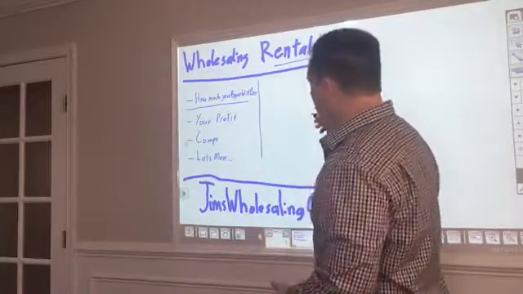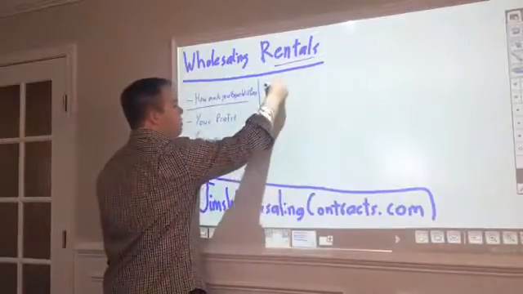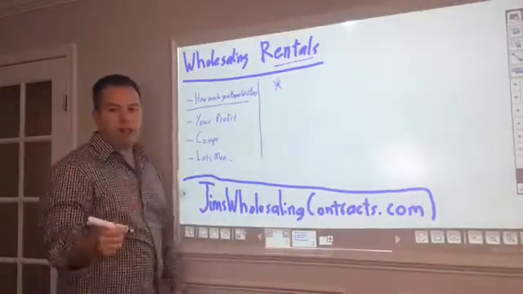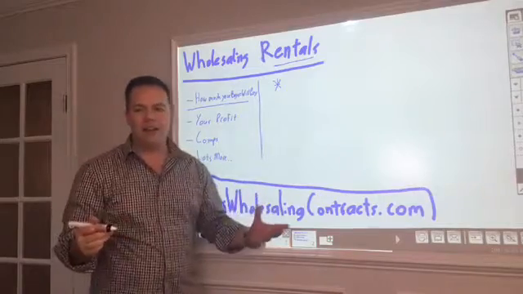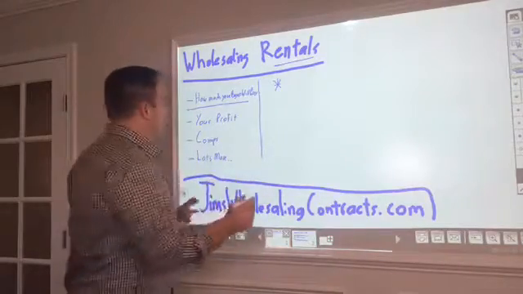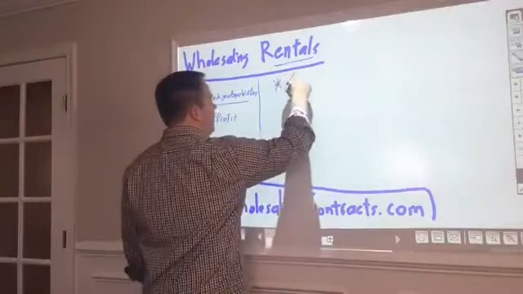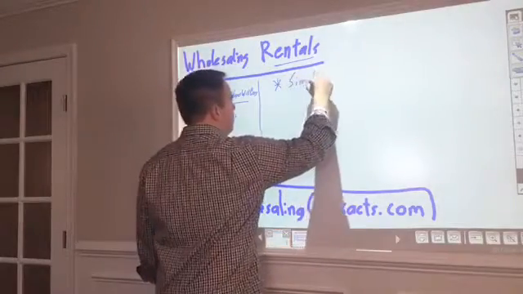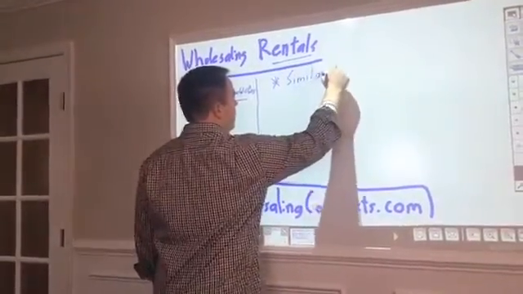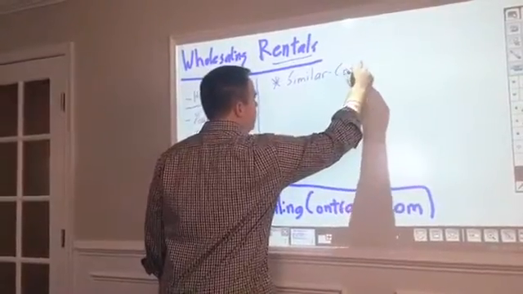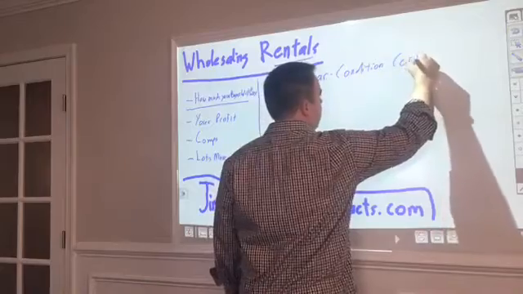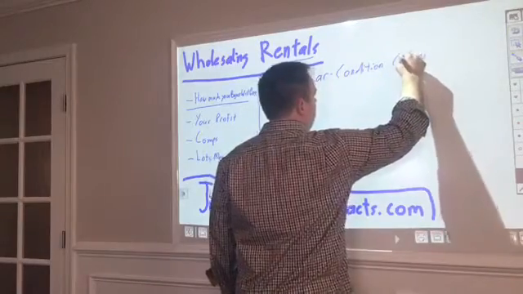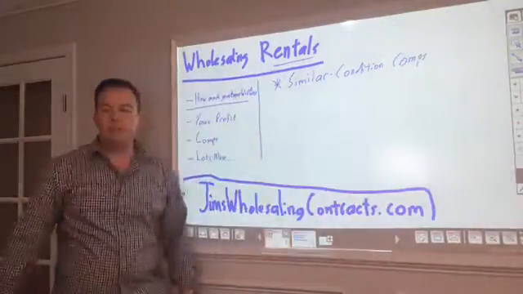So what you want to do, and this is a super key term I'm about to share with you, okay? A lot of people have a lot of confusion on, well, how do I know what a cash buyer is going to pay? But this is going to clarify it all for you. What you're looking for is similar condition comps, okay? So, when I did this property, I think it was 333 East Penn Street in Norristown the